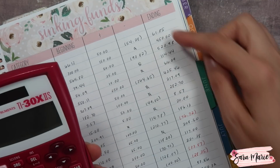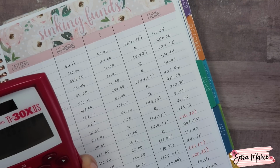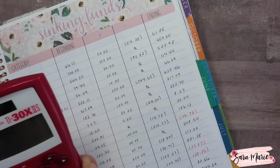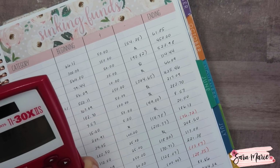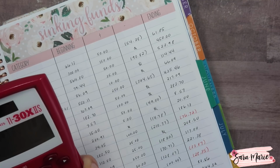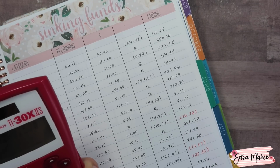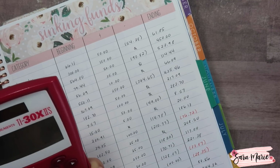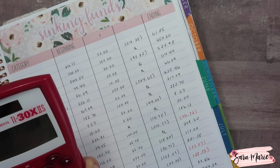So I'm gonna go through and add up all of the ending balances now. So 61.85, 450, 532.98, 114, 44, 66.09, 435.46, 217.09, 282.70, 857, 20, 186, 13. And then you have some negatives, 76.72 plus 208.50, 117, 221, 38. Okay, I have to add 8 cents there. Minus 33.87 minus 28.35 plus 82.86 plus